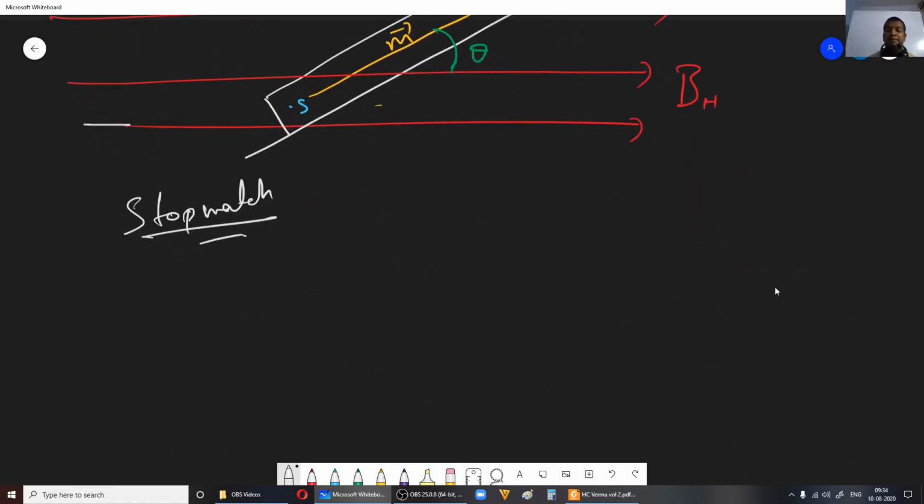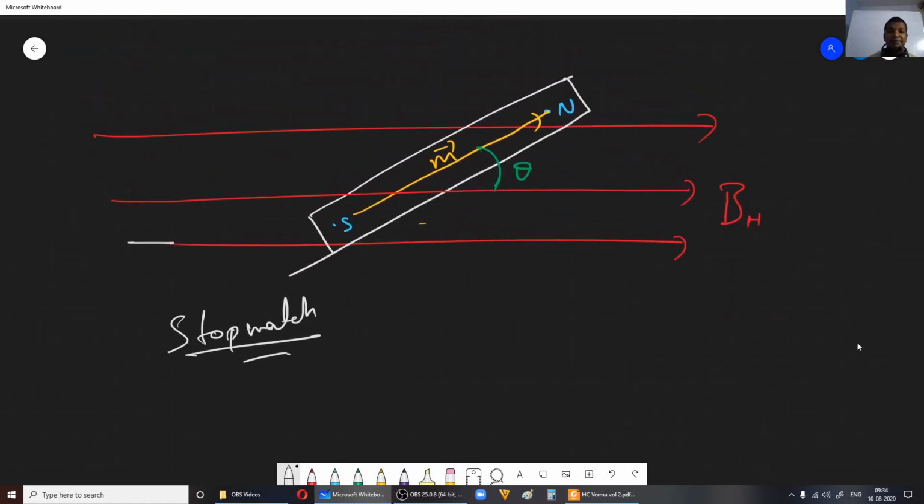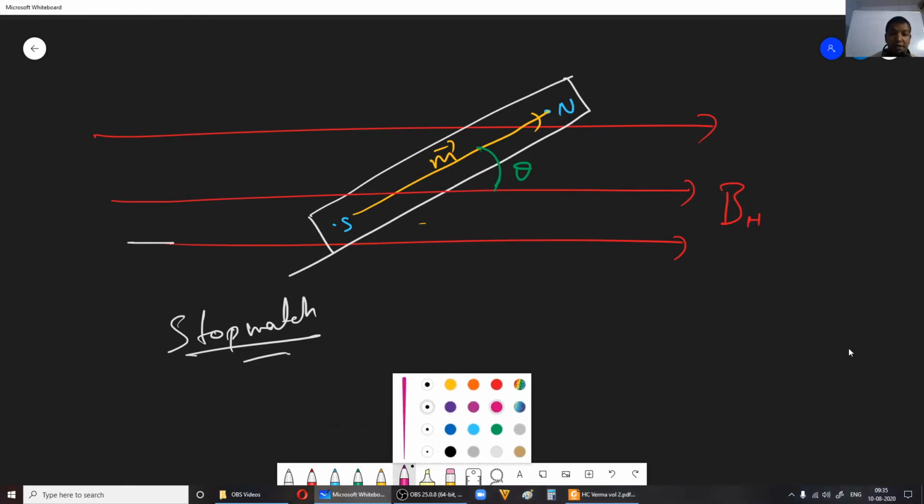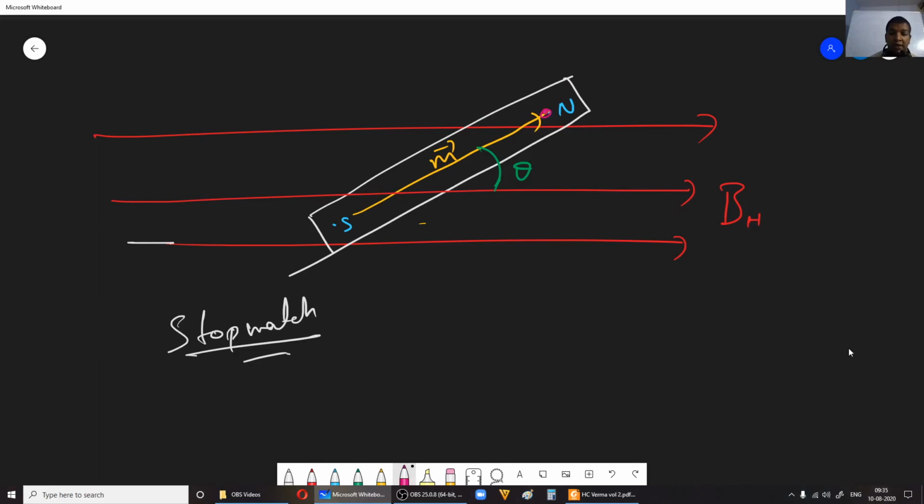Now what happens is when you disturb this, the force acting on this, equal and opposite forces will act in this particular scenario. Now these equal and opposite forces will give rise to a torque, and the net force acting on it will be 0. So this will be the force acting on plus Qm, and as you know, you can associate magnetic charges, plus Qm and minus Qm. And the force acting on the south pole will be this way, so you can say F on minus Qm.